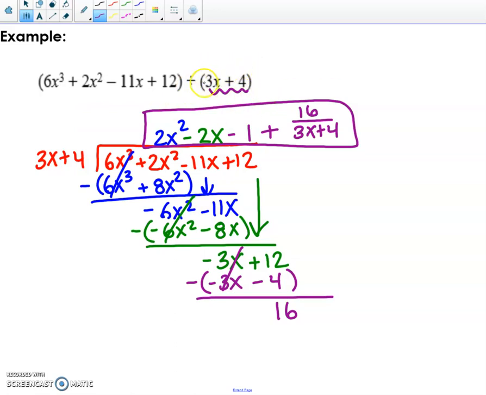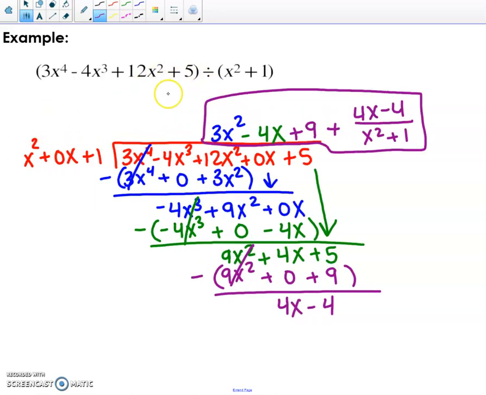In this example, we were dividing by a linear, but the coefficient was not a 1. So technically you can do synthetic, it's just going to be a little bit trickier, with a couple of other steps, and we'll go over how to do that. That's pretty much your choice if you want to use that or not. I would recommend doing this with long division because of the extra steps involved, but that's up to you. In this last example that we did, we cannot use synthetic for this because we are dividing by a quadratic and not a linear. So when in doubt, use long division, but